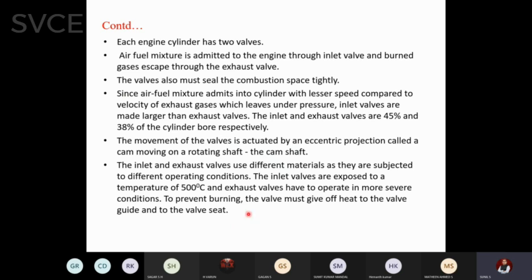Whereas for exhaust valves, the burnt gases will be moving out through the exhaust valve. So the burnt gas temperature will be very, very high. It may be of the order of 2500 to 3000 degrees centigrade. To prevent burning or damage of the material, usually they are made of different materials. So the inlet valve can be made of material which can withstand a maximum temperature of 500 degrees centigrade, whereas an exhaust valve will be made of material which can withstand a temperature of 3000 to 3500 degrees centigrade. So their diameters will be different, and their material will be different.